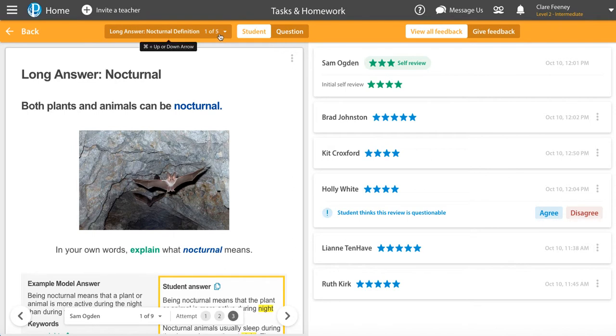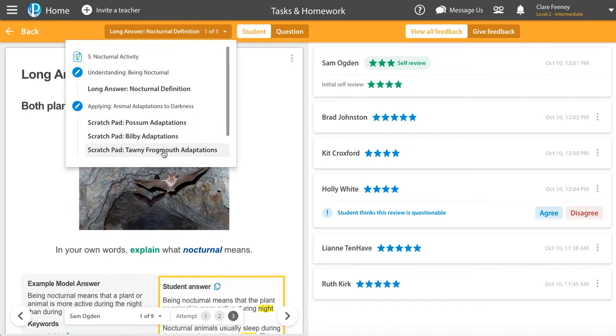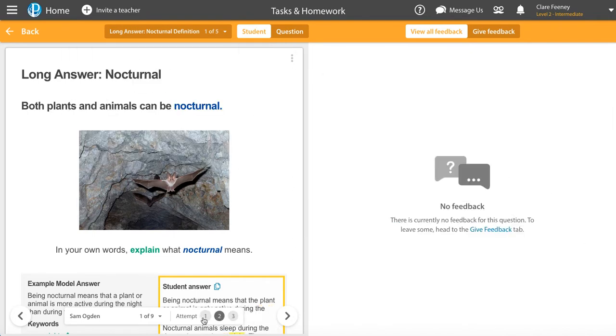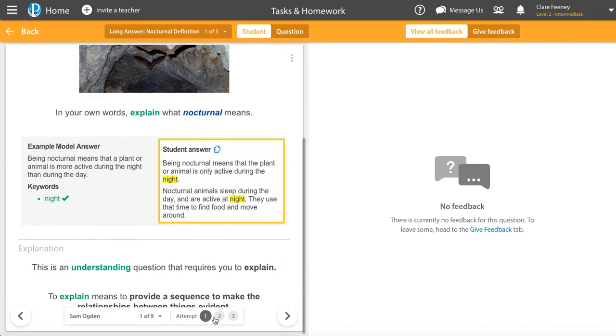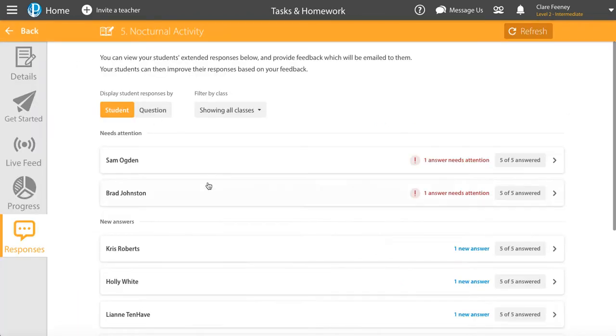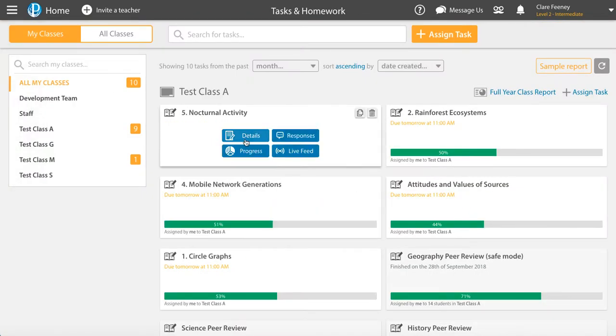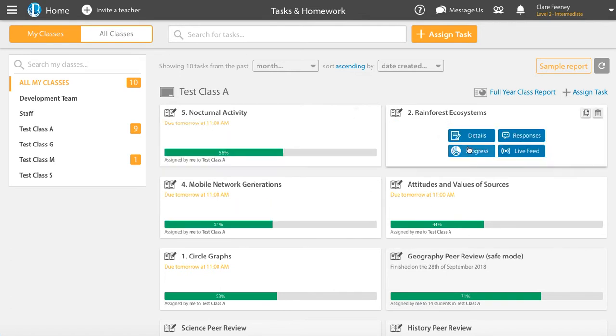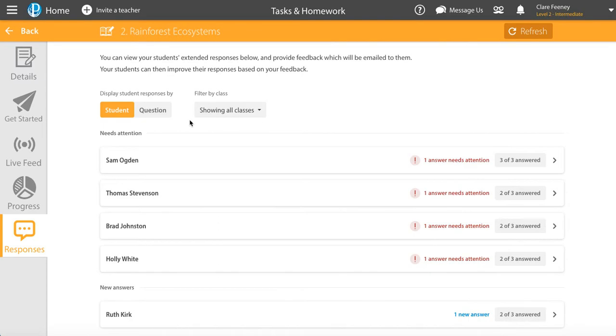So if we were to look at Sam, we could see the 5 answers that Sam has answered. Now he has actually had 3 attempts at this question. See how it says 1, 2, and 3. So if I was to click on, here we go, it's slightly improved. And then here are the reviews that he's gotten. I would probably go with the nocturnal one because it's nice and simple for the star rating. If we have a look at the responses here,